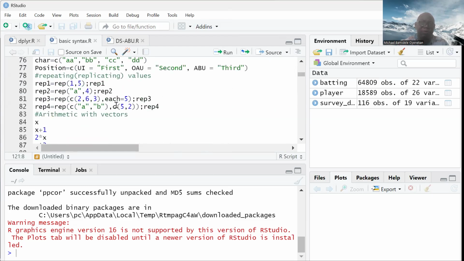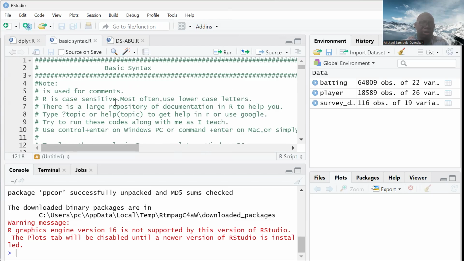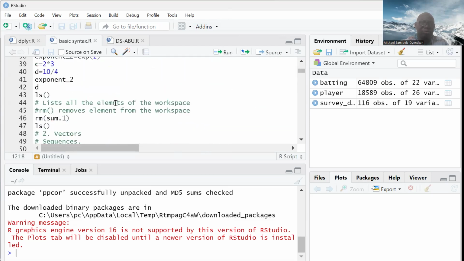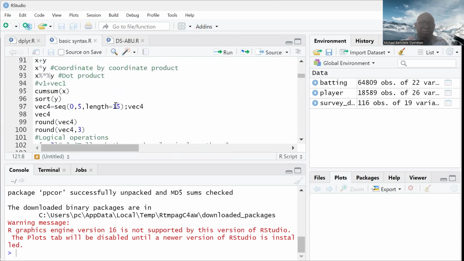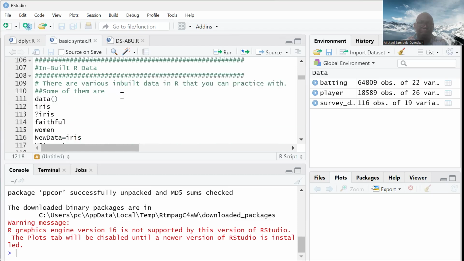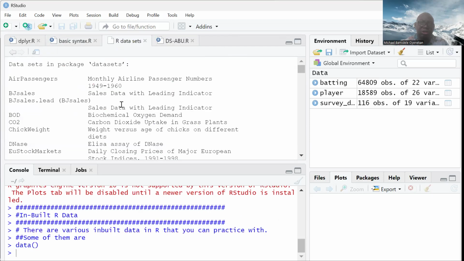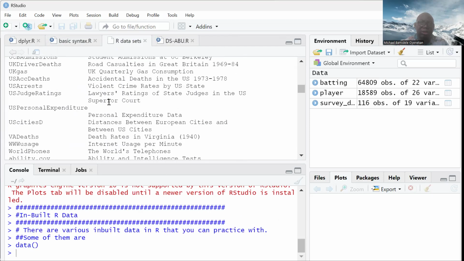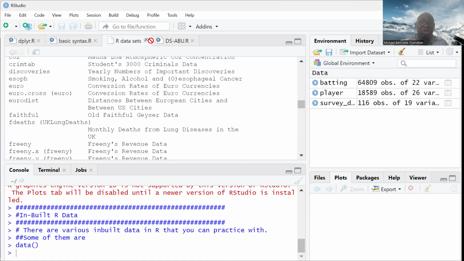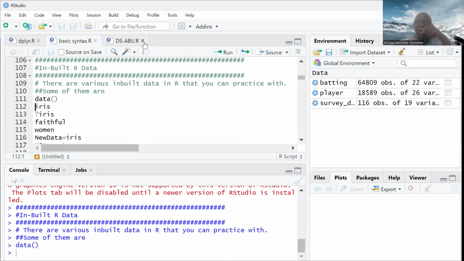Okay. Let me see if I have loaded all the libraries. As you can see, it did not complain, so that means those libraries have been loaded. So now here you can load all the data. Okay, this shows all the data that are available here, but we are actually dealing with the data